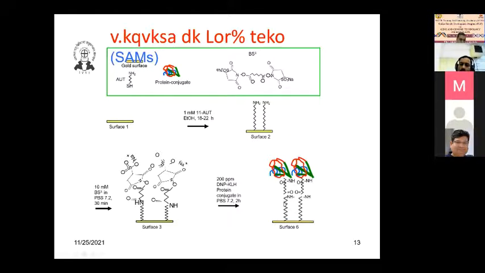If you want to link the amino group, then the BS3 linker is there. If you want to link the carboxylic group, then EDC-NHS chemistry is available. Similarly, there are other linkers which can modify the group. If you have a lipid group over it, and then you have an NHS group, like that you have different chemistry applicable, and you can immobilize your biomolecules here, the DNP-KLH.